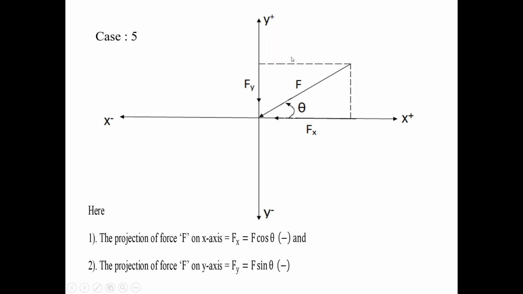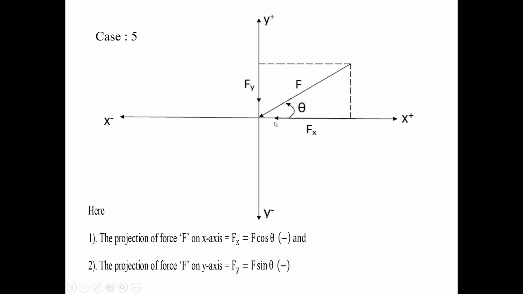Here also, the force F has two projections. One is the x-axis projection Fx. The next one is the y-axis projection Fy. Indicate the directions of Fx and Fy carefully. Put your pen nib in the direction of force F in the fifth condition. Everyone please observe this carefully. Bring that pen onto the x-axis. On the x-axis, the pen nib is towards the negative x-axis direction, that is this direction.